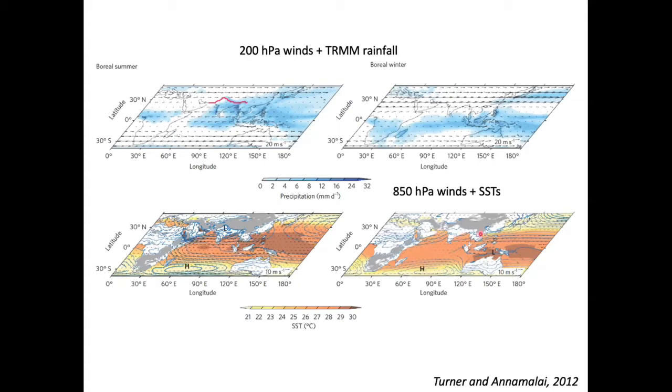So the left is summer, right is winter. So the low-level jet. And then also what we see is wherever we have this high SST, we have this higher rainfall both in the summer and winter months. So this is a large scale phenomenon. Basically, it's a combination. It's mostly driven by the ITCZ, but then there are local things that change some of the interactions. Yeah. So this is what it looks like overall, and then we want to be able to model